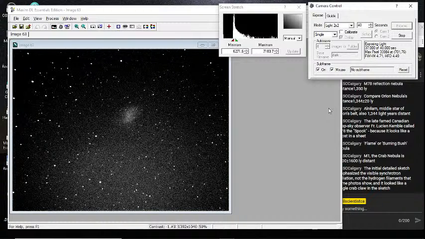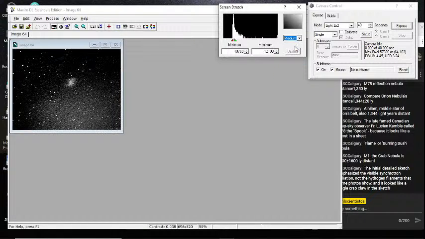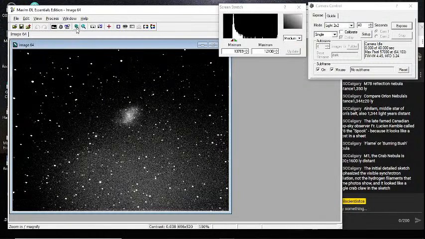Just about done the exposure here, another 2 seconds or so. And that's going to be hugely overexposed. So let's go there. Oh, that's a little better. That shows it much better there.